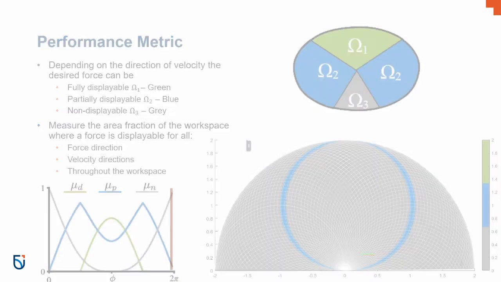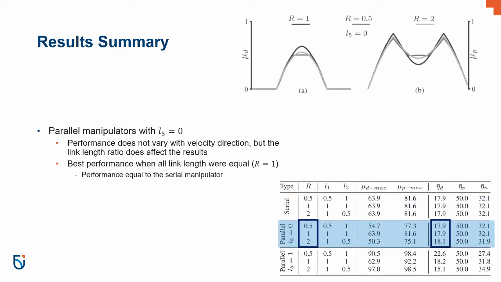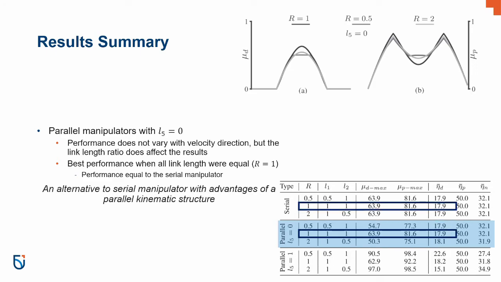Serial manipulators perform equally well irrespective of their link-length ratio or the velocity direction. As a result, these manipulators are an excellent choice for general-purpose haptic devices. The performance of parallel manipulators with base link length of 0 is also unaffected by the end effector velocity, but the link length ratio is a significant design factor. The manipulator with equal link lengths performs the best compared to other two manipulators, and equally as well as any serial manipulator. As a result, this manipulator is an alternative to serial manipulators with the added benefits provided by the